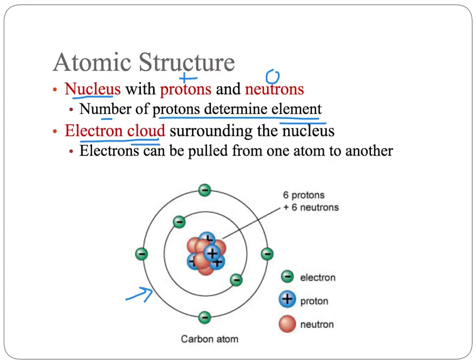So carbon will always have 6 protons. If the number of protons changes, then you have a different element being formed. And that does happen sometimes with radioactive elements. The electrons, however, are not so important because they can be pulled from one atom to another. In fact, this ability for electrons to be pulled away is what gives us some of the bonds that we have between atoms. So the protons determine what the element is, and the electrons help neutralize the charge,